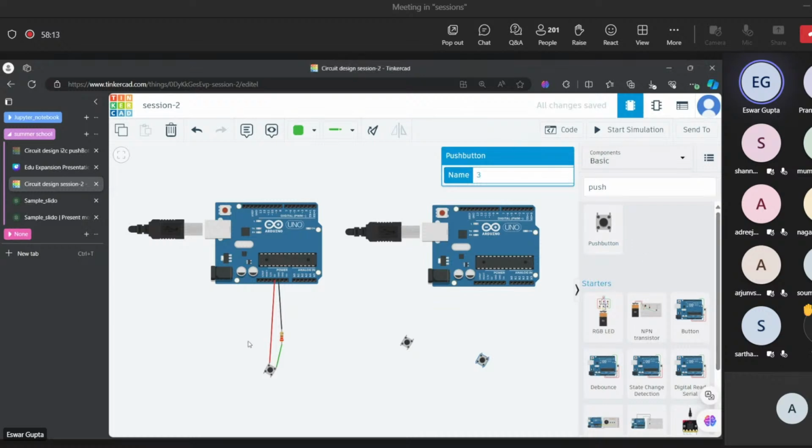So I hope everyone came to this stage. Bring two Arduino boards here, get a push button and place the push button such that the terminal 2A faces up. So when you drag the push button, select the button and press the key R to rotate it. You need to rotate 6 times, I guess, to come to here. If you came to here, just give me a thumbs up so I can move forward.